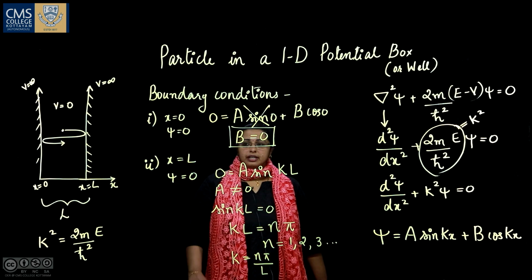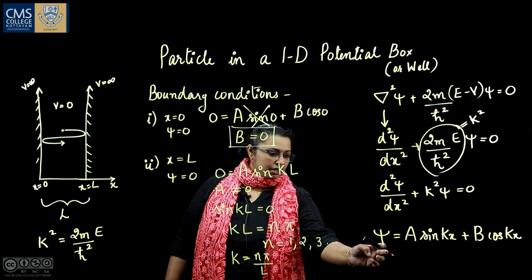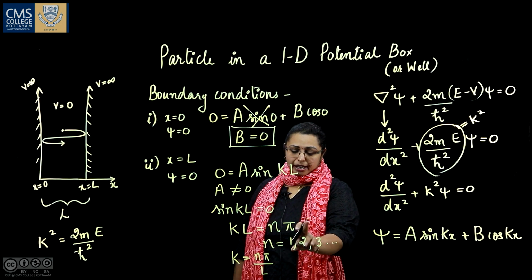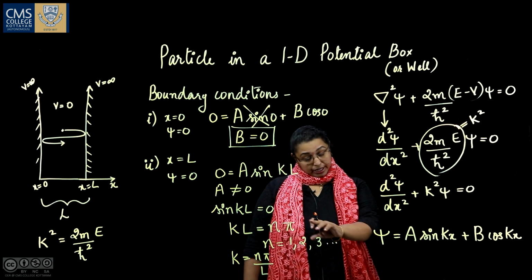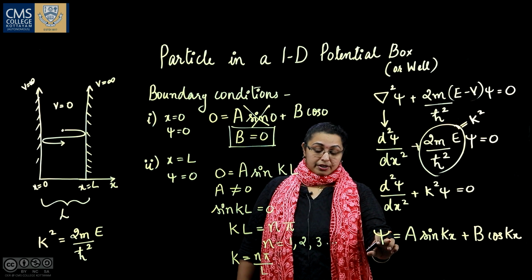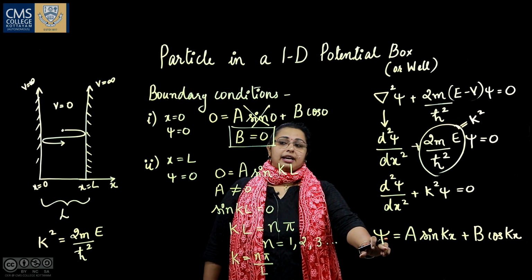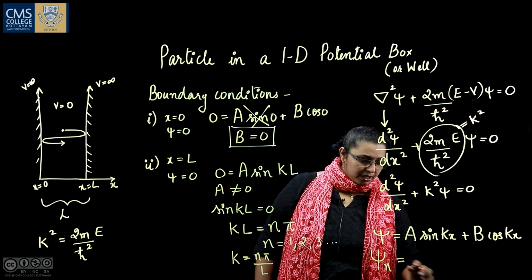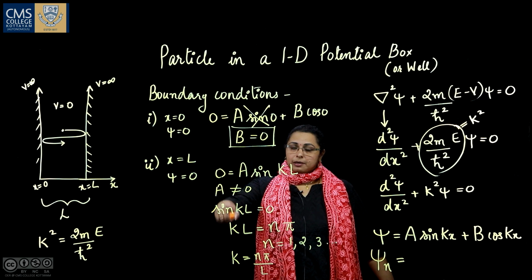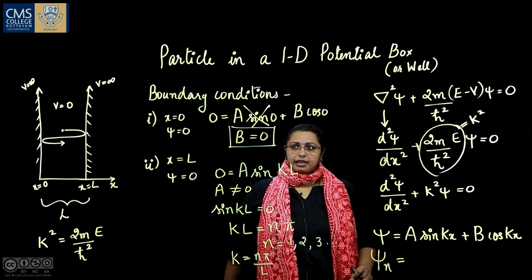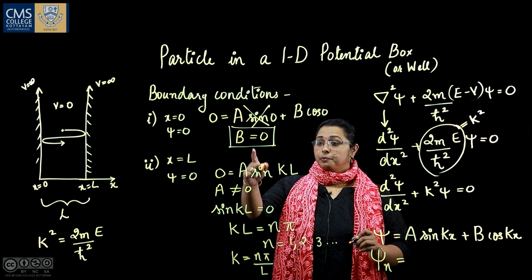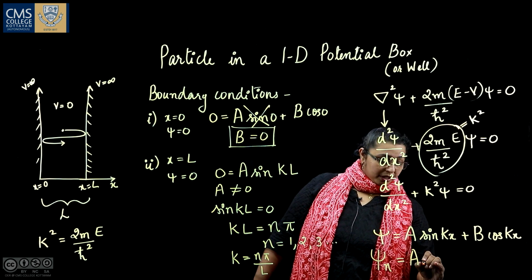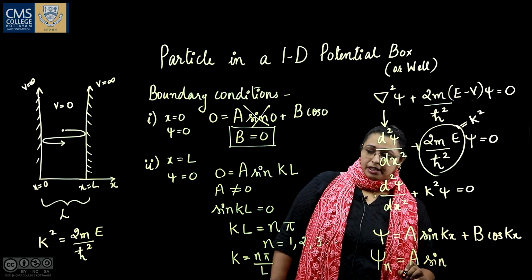So substituting again into this equation, what will you get? You will get the value of psi, and because you are having integers, n is equal to 1, 2, 3, etc. You can take it as psi n. So I will write it here, the value of psi n, our wave function, after substituting all the boundary conditions. You get psi n as equal to A, you have your sine term, sine k